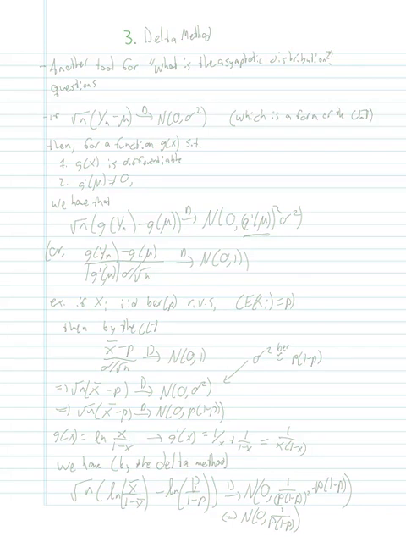Okay, so the next thing I want to talk about is the delta method. Right? The delta method is another valuable tool we have for asymptotic distributions. So what the delta method says is that